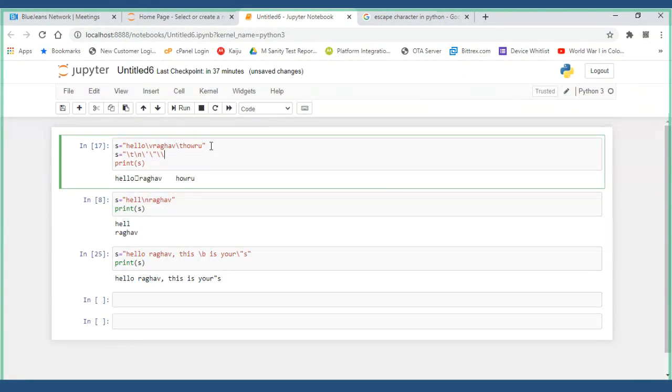So these are the important things you have to remember. Apart from that, nothing is required. Mostly you'll be using slash n, and backward slash for escaping, double backward slashes. This thing you'll be using most of the time to escape. So now let's get into the operators. With this we'll wind up escape characters, it is not a very big thing. If you need any examples, just ping me. Any specific case where you are facing issues, just let me know and I'll help you out.